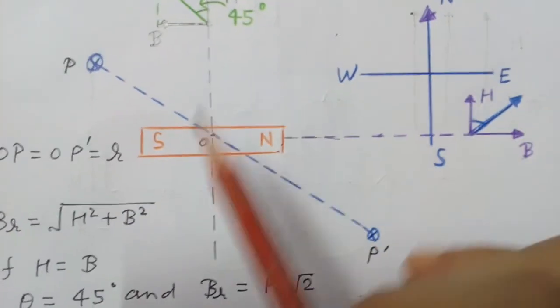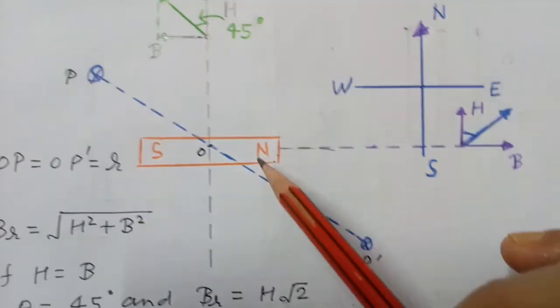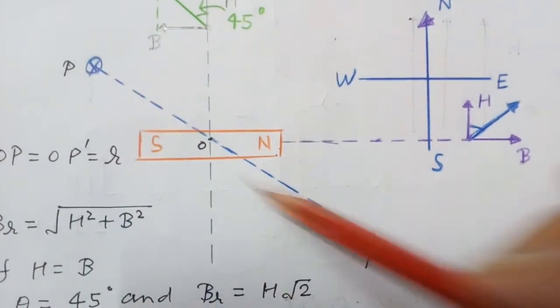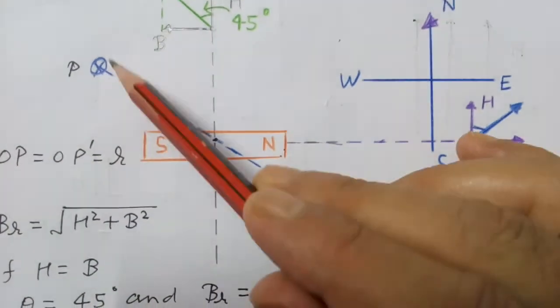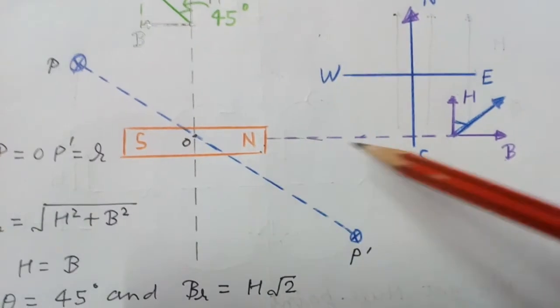So when magnet is kept along east-west direction and north pole is towards the east direction, you will get null point at these points on this line, not on equatorial position and not on axial position. Similarly,